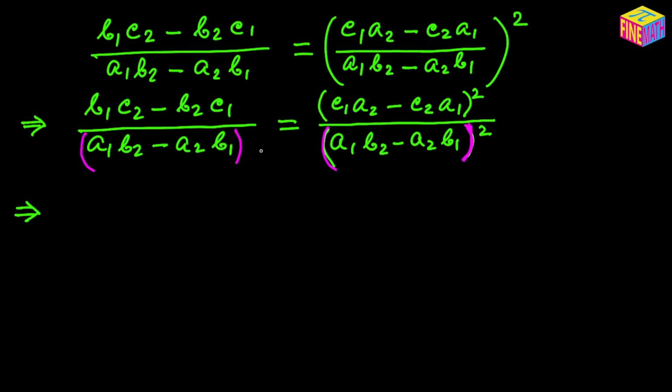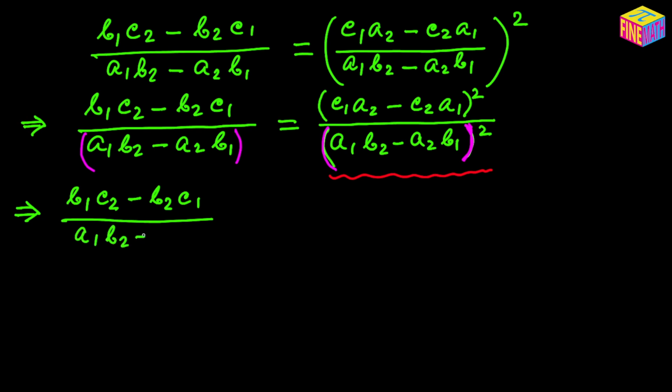So one of them will cancel each other, or maybe we can do it like this. We can say, okay, now let's bring this portion to the left hand side. Let's cross multiply this onto the left hand side. So then our left hand side is going to look like this. It will be whatever we originally have, which is (b sub 1 c sub 2 minus b sub 2 c sub 1) whole divided by (a sub 1 b sub 2 minus a sub 2 b sub 1),